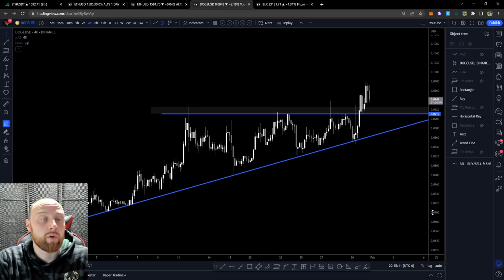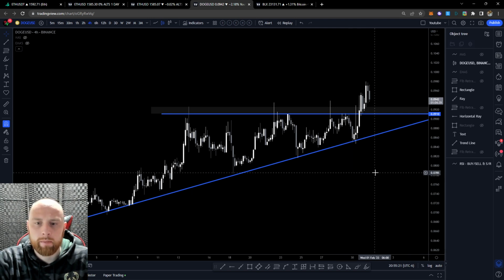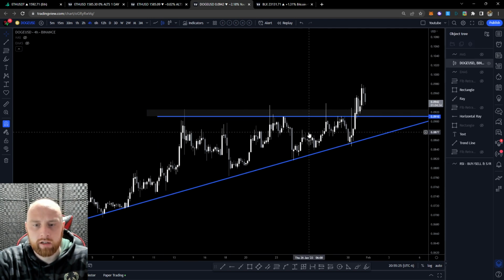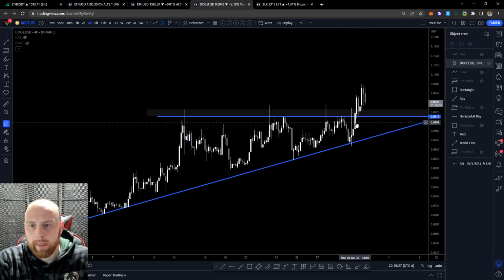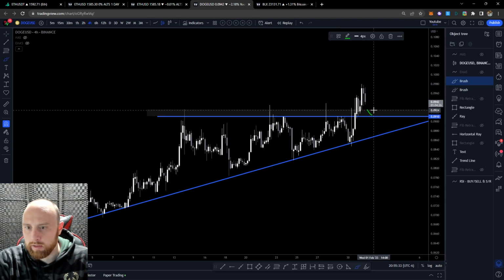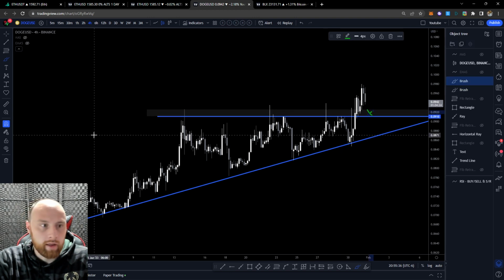All right, so we got the 4 hour trading strategy for Dogecoin, and you should be able to use this for pretty much any coin. So I'm going to show you how we can go about this. We currently have an ascending triangle here on the 4 hour chart. I'm looking for a potential pullback to about here, and then I will show you how we can look